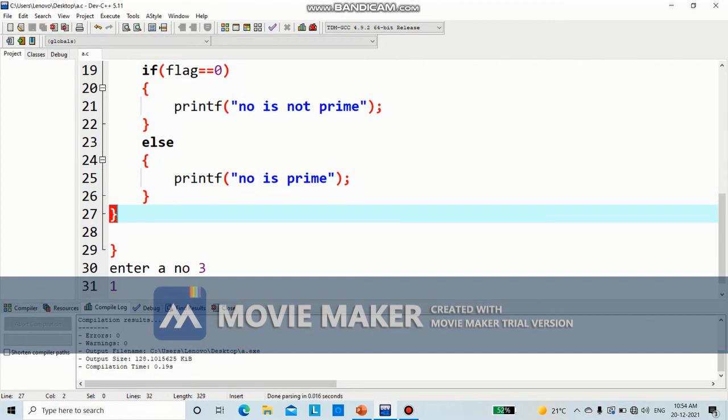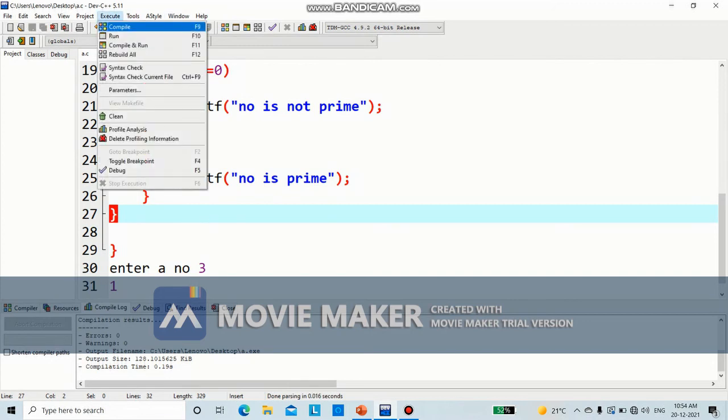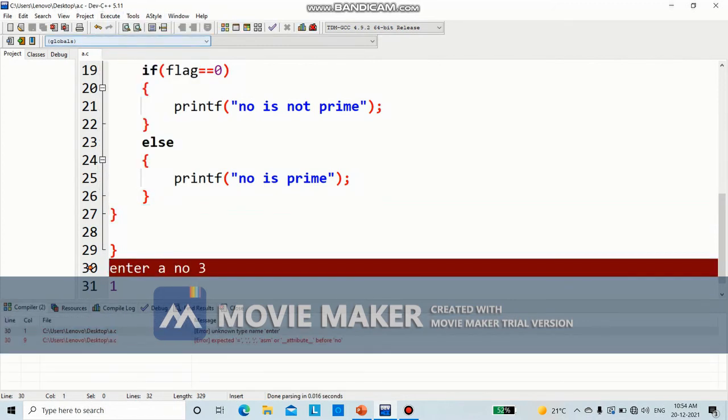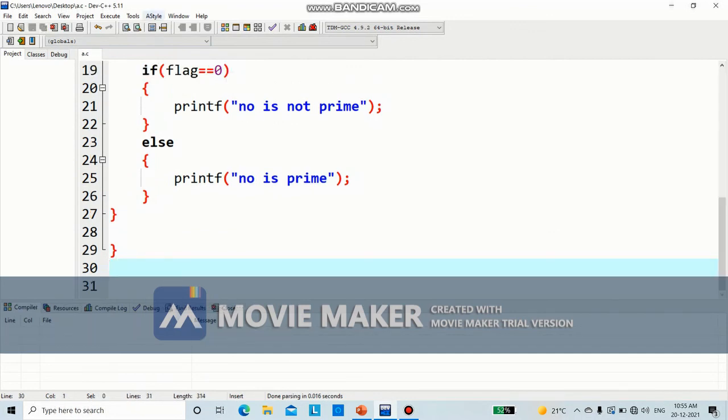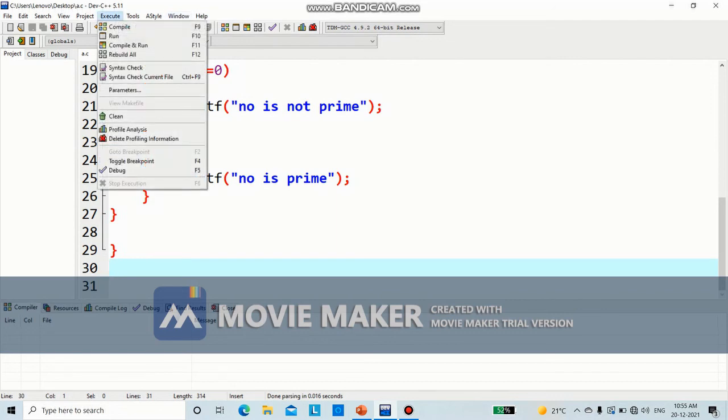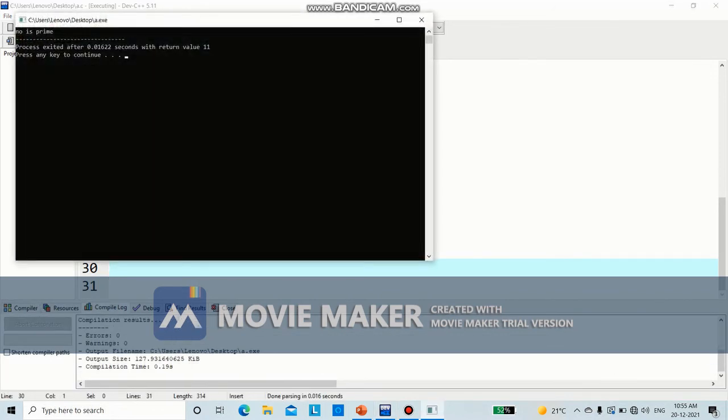So let's save it and run it. If we get any errors, it will show. Yes, okay, errors are there because I forgot to delete this. Delete, save, and then run again.